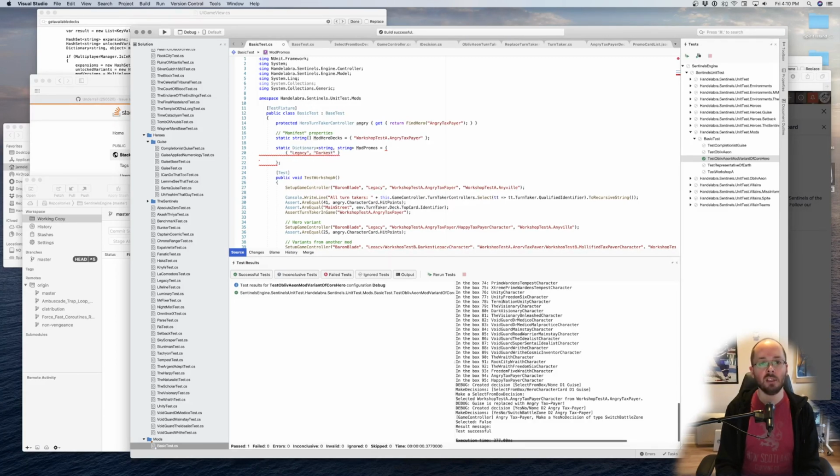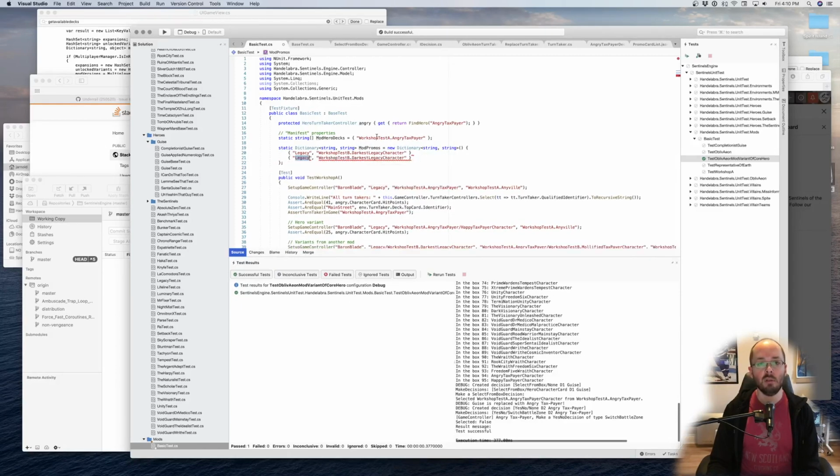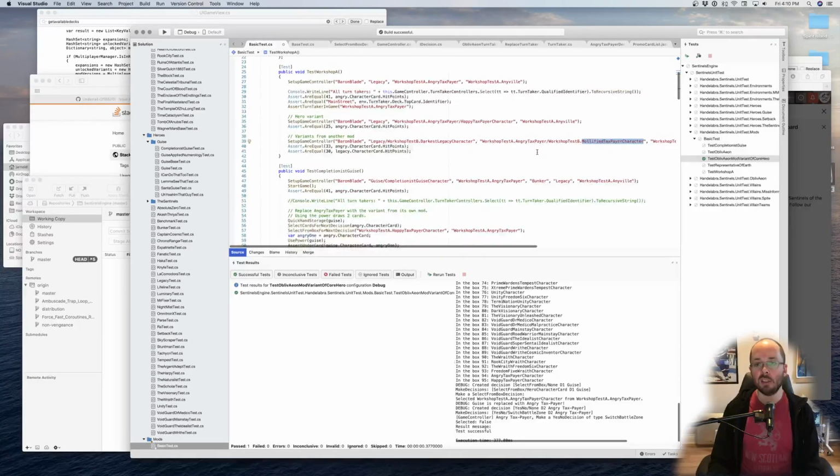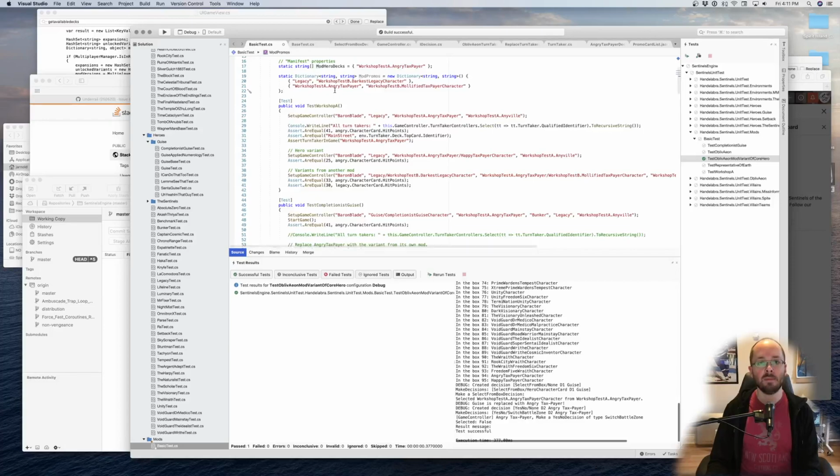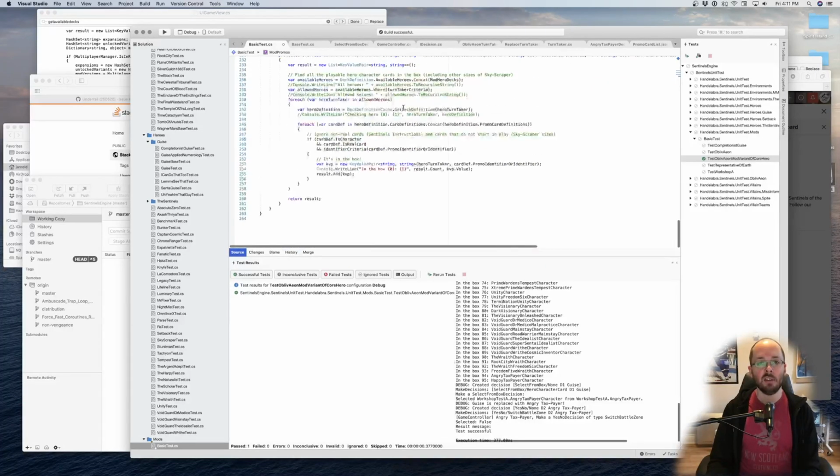Legacy, Darkest Legacy character, but it's workshop test B dot Darkest Legacy character. Right, oh, you have to go new dictionary. You do this. And then there's also a mod here. Whoa. Okay, so then in here,